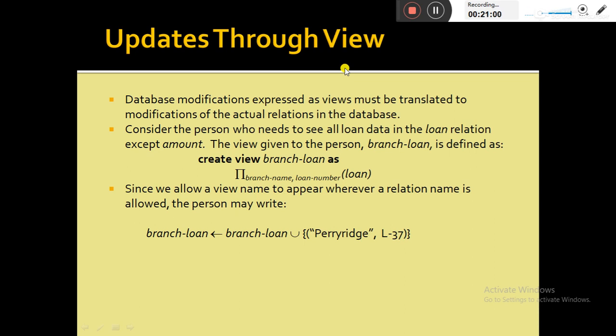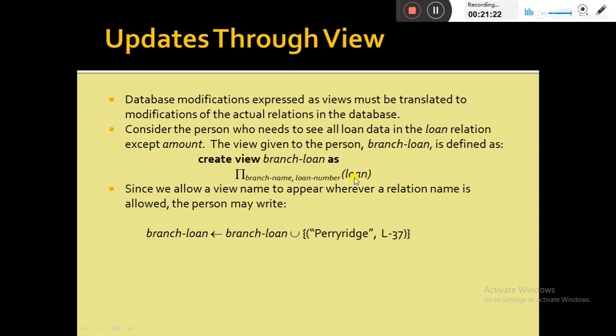So take an example. Suppose consider a person who needs to see all loan data in the loan relation except the amount. So we have to create a view which stores only that. The view for a person with branch loan is defined as create view branch_loan as select branch name, loan number from loan.